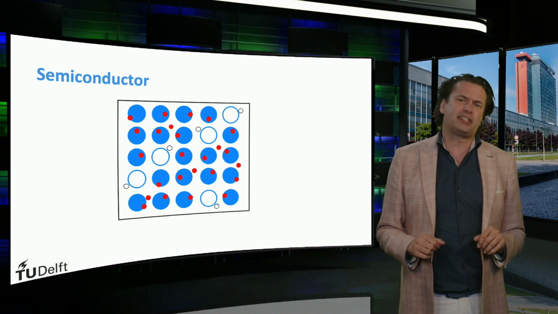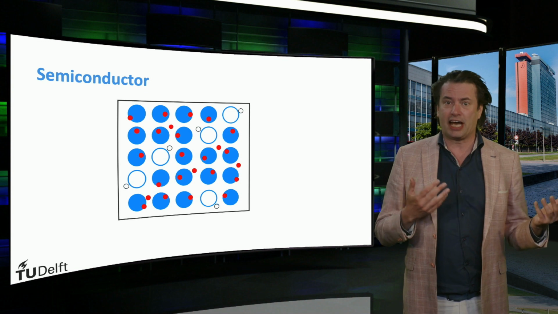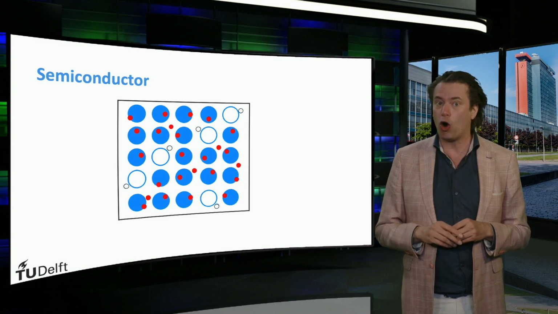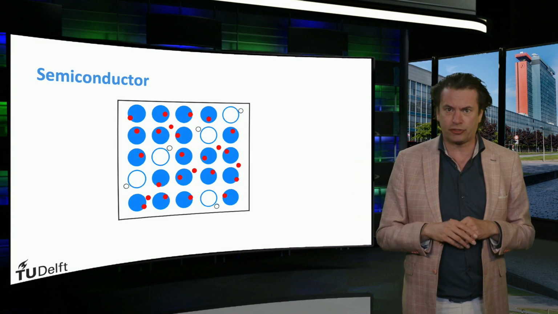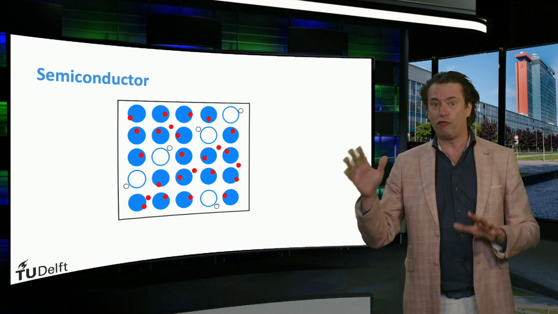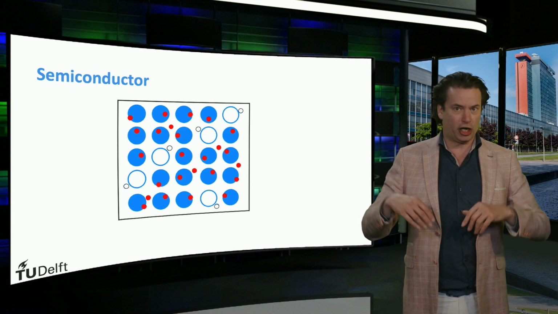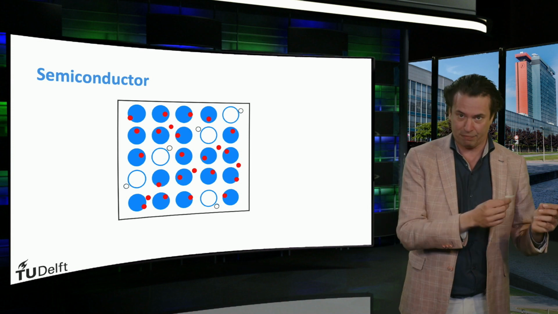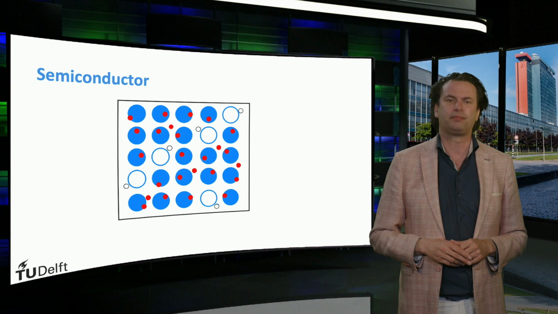These few electrons that are separated from their atoms leave a positively charged entity behind. This positively charged entity is called a hole. The small black lined circles in the illustration represent the holes. These holes are able to move around just like electrons. As a result, the charge transport in a semiconductor is facilitated by negatively charged electrons and positively charged holes.